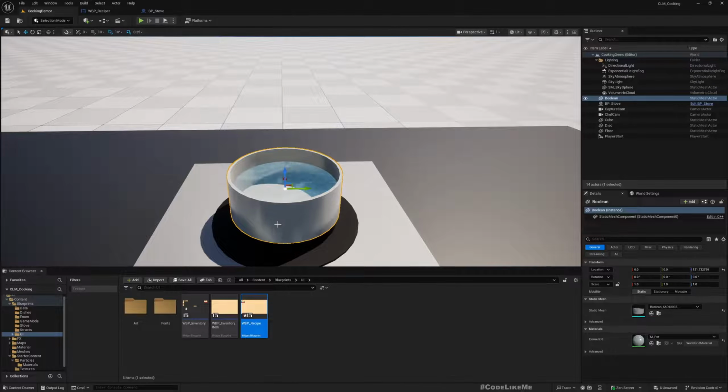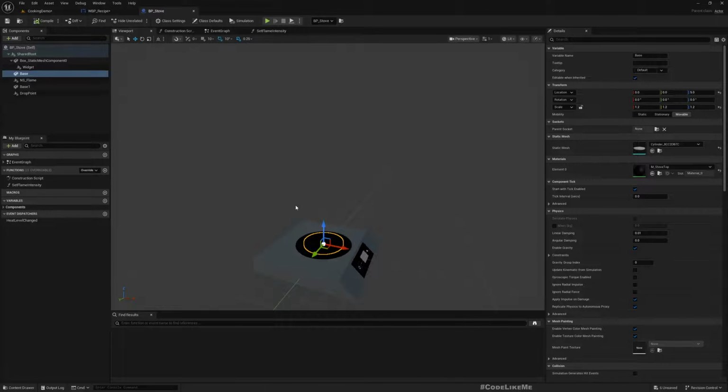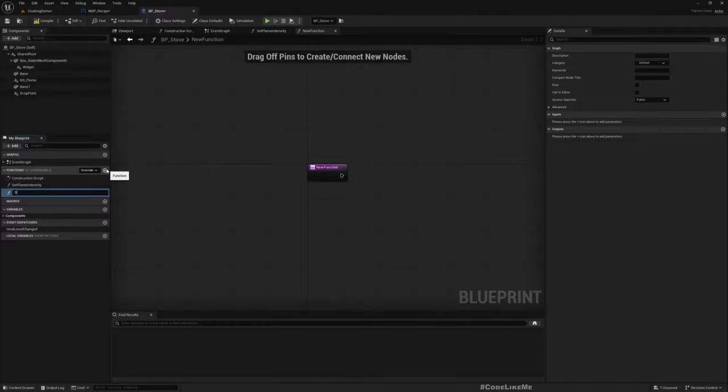So right now I haven't made this water plane or the pot part of the stove. Maybe I should do that, but for now I'll just leave it as it is, in case I need to remove the pot and put another pot here if I have to do things like that in future. So in the stove we only have this right now, and I'll add a function, spawn